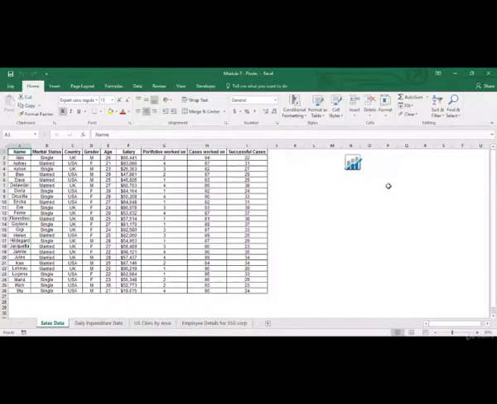So a pivot table can be created for thousands of rows of information, hundreds of thousands, or even 20 observations. Over here, I've got 25 employees from a company. I've got their marital status, country, gender, age, salary, number of portfolios they've worked on, the number of cases they've worked on, and successful cases.